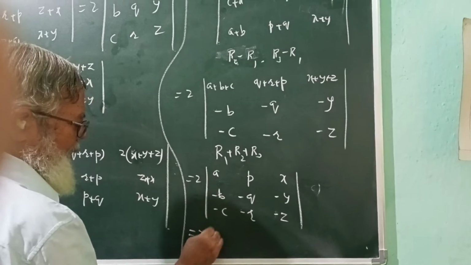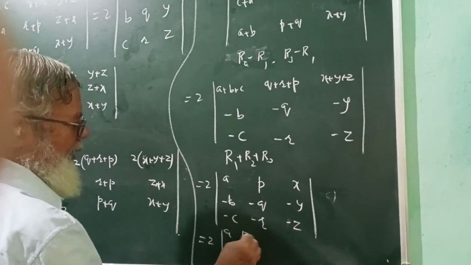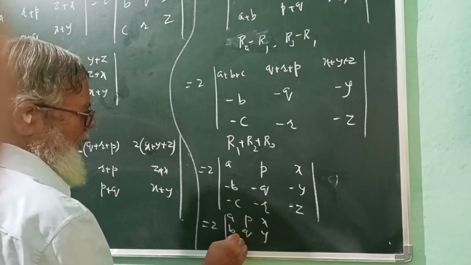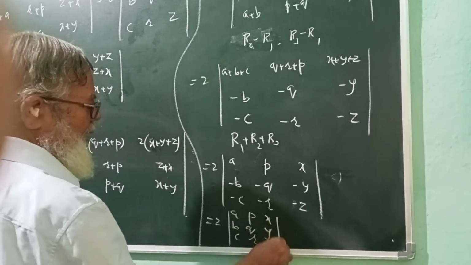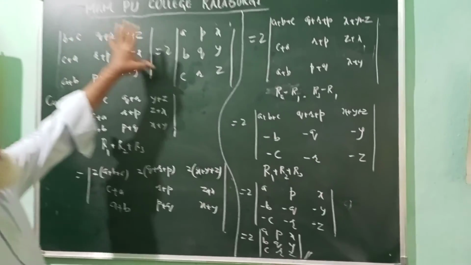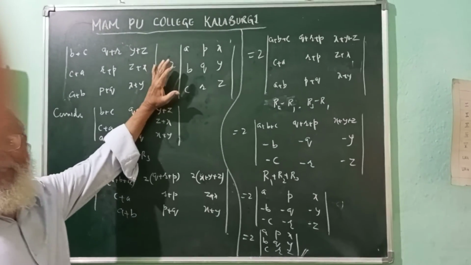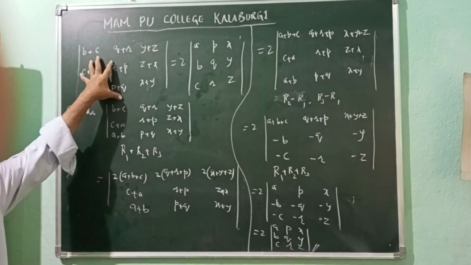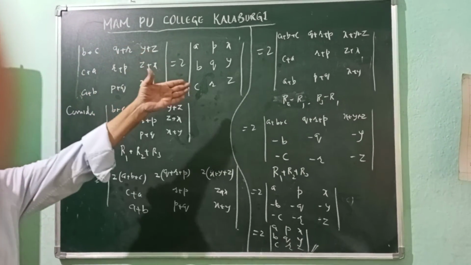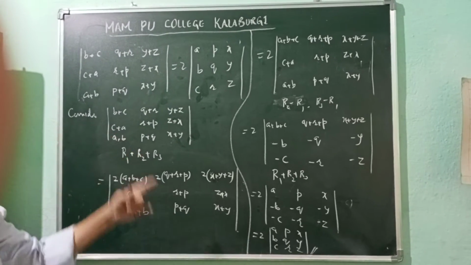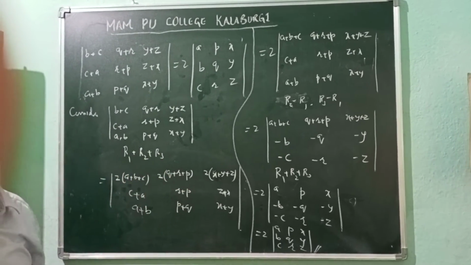So our answer is directly this one, it is P, Q, it is Y, C, R, it is Z. This is the required answer. Directly we got this answer here, because it was the condition given that we should not expand it. One can expand this side and show that they are both equal, but it is not allowed, because without expansion we have to show that this is the method to show it.